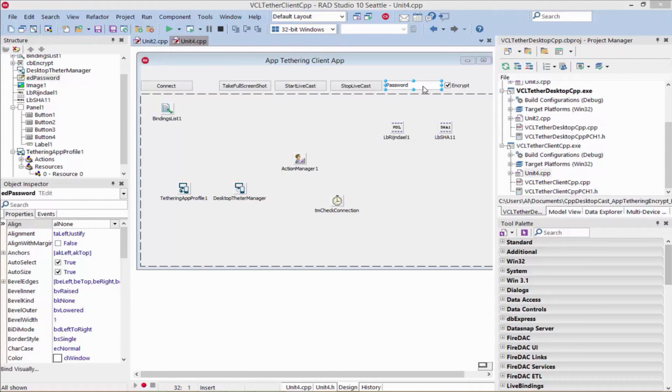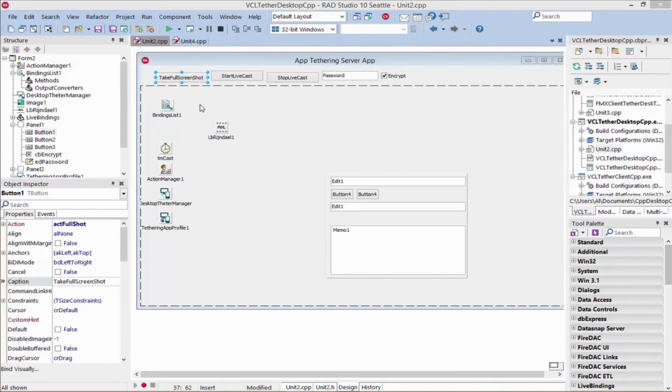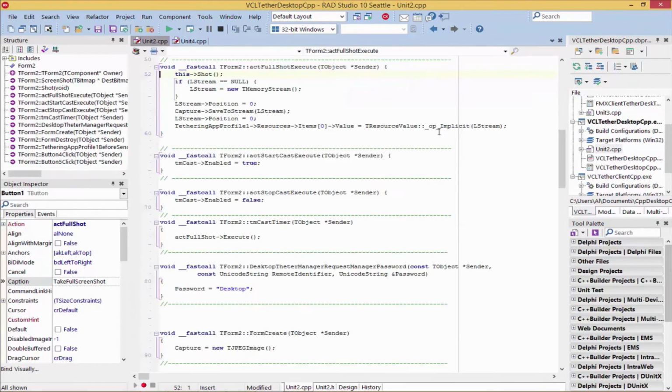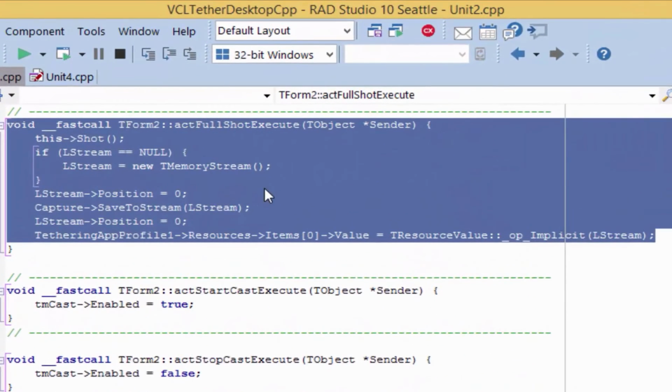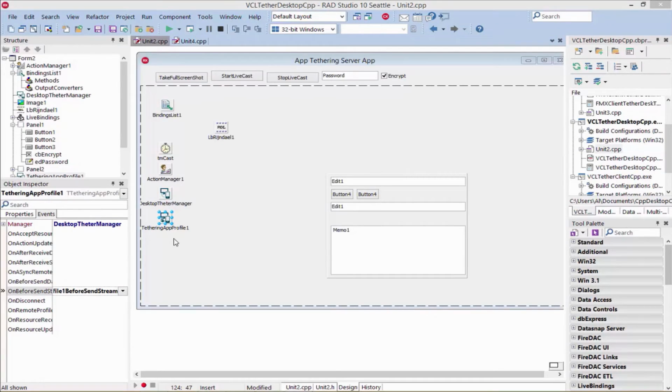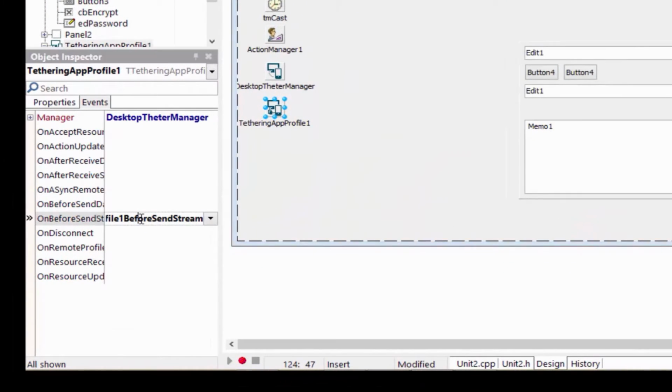These apps also have an edit box to allow you to enter in the password text to be used by our encryption algorithm to generate the key for the encryption and decryption of the screenshot streams as they are being sent to the app-tethered connected apps. AppTethering sends the stream resource from the screenshot to the connected tethered apps when there is a change in the resource stream. But before the stream is sent, the tethering app profile's intercept event handler called OnBeforeSendStream fires,